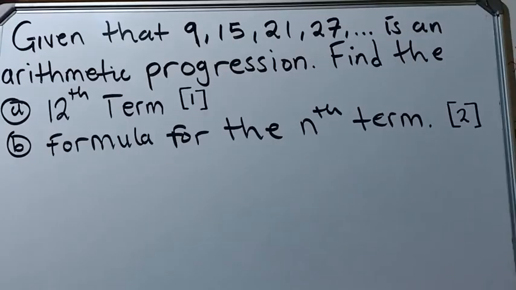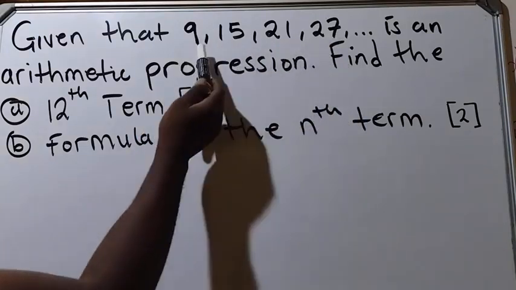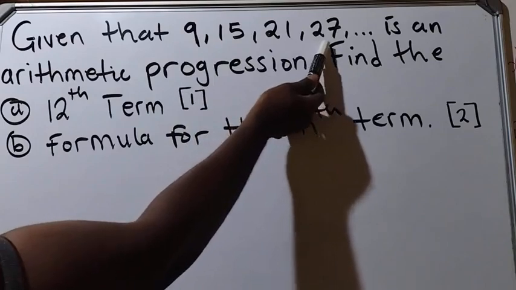All right. So we've come to the other part of the question. This question is coming from arithmetic progression. Okay. So the question reads, given that you have this sequence, this AP, 9, 15, 21, 27, is an